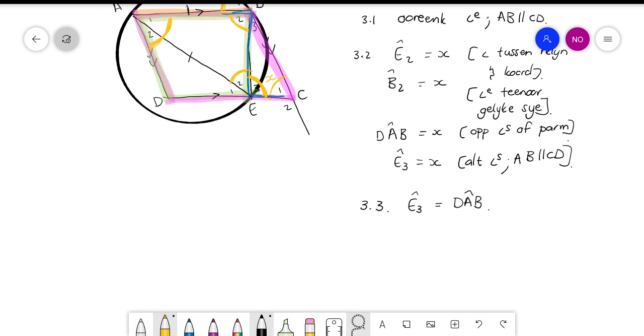And because those are equal to one another, we can say it must be a cyclic quad. And your reason will be converse exterior angle of